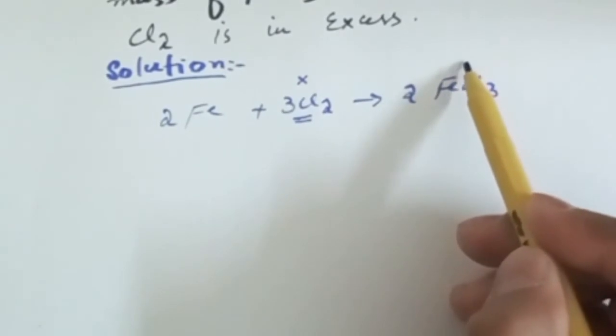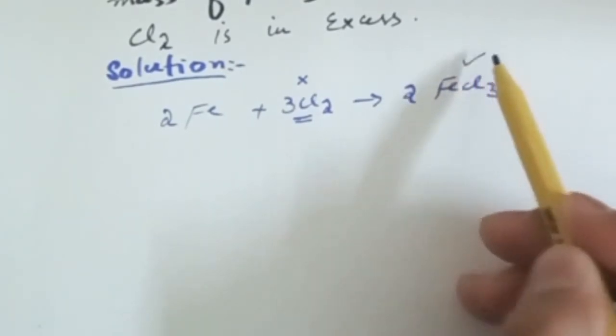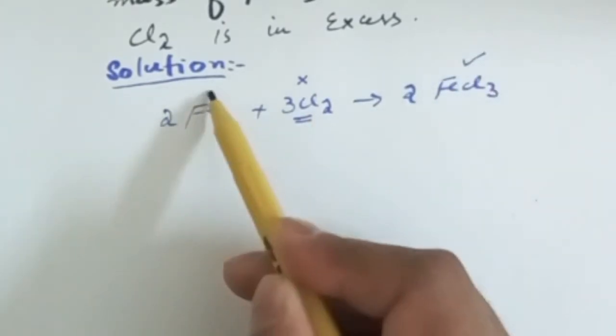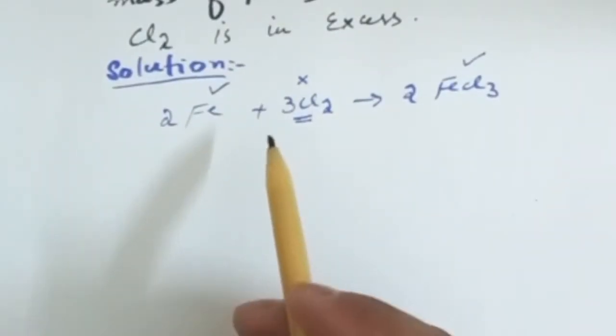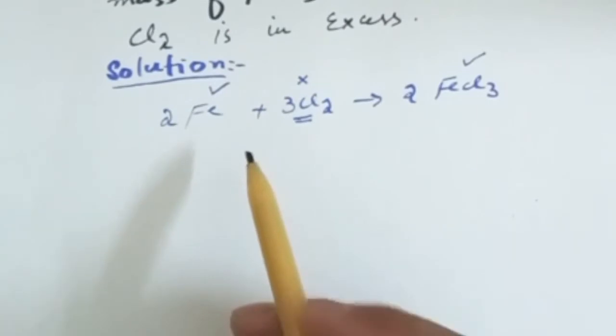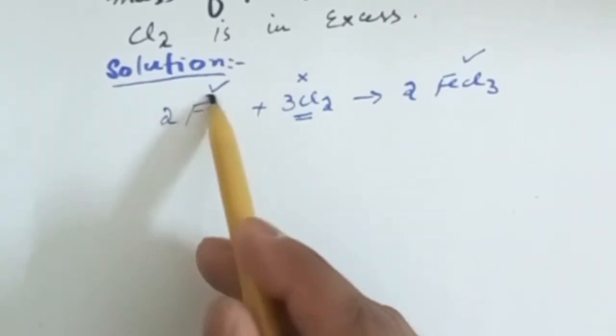The value of FeCl3 is given, so it is required in the calculations, and iron is required, which we have to calculate. In order to avoid any confusion, you have to put these crosses and tick marks